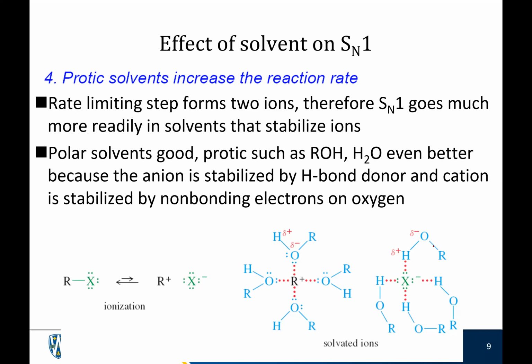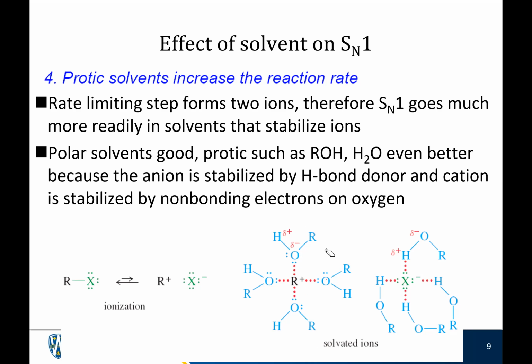And how can we stabilize a carbocation? We can stabilize it through hydrogen bonding. Or rather, we can stabilize it because the heteroatom attached to the hydrogen can stabilize a carbocation. Well, that's what we see here. So for an alcohol, you're not hydrogen bonding per se, the hydrogen's out here. But because this can hydrogen bond, this is a very, very polarized bond. And so this oxygen here can stabilize the R group, and this one can, and this one can. So you have stabilization occurring because your solvent is so polarized that it can stabilize the carbocation as it's being formed.